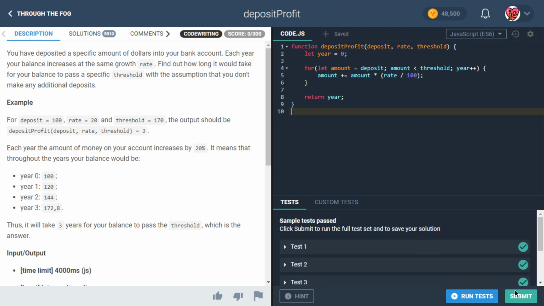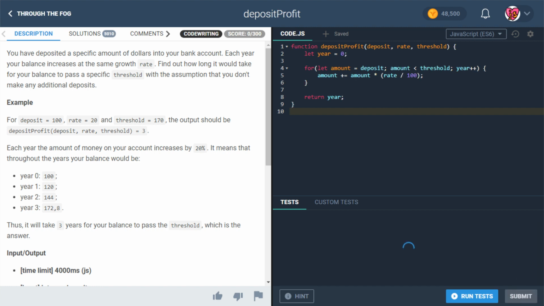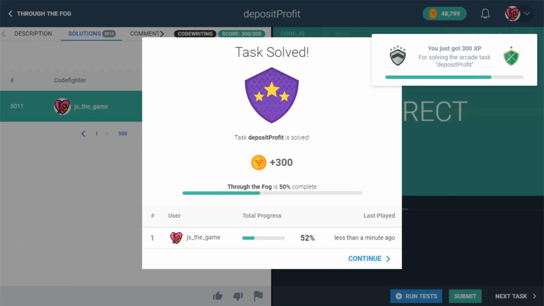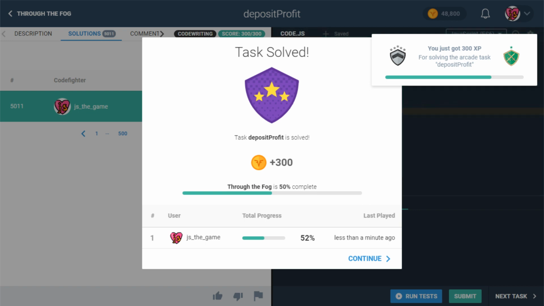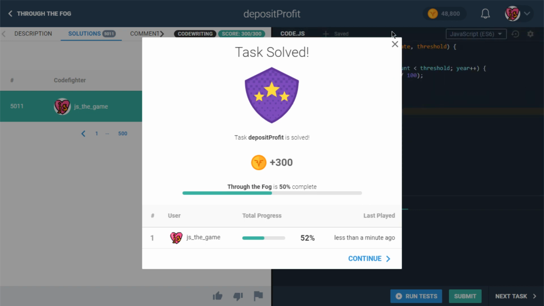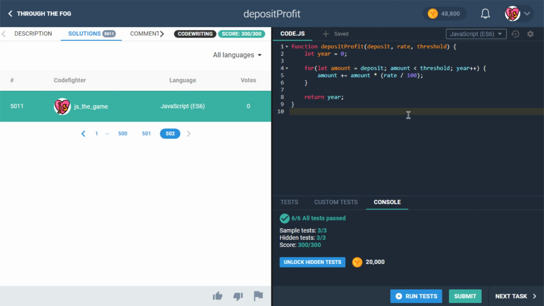But the question is, will it pass all the hidden tests? Let's try. So we're going to try submitting this. We'll see where it goes. Yeah, okay, so that's not too bad. It passed all the tests. I guess at this point we can move on, but I don't want to do that quite yet. I feel like we haven't fully explored this one. Okay, so what could be done differently? Well, what I really want to do is talk about